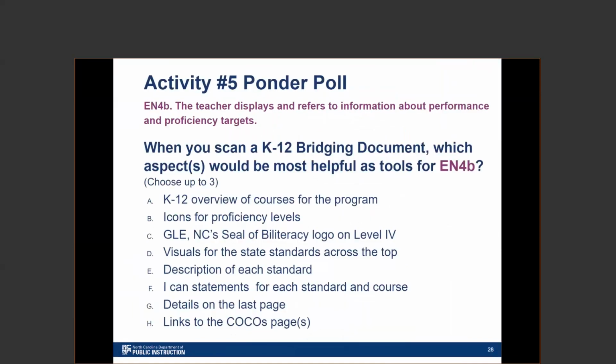So once again, I'm going to do a ponder poll. I'm going to ask you, when you scan a K12 bridging document, you can pick any one you want, which aspects are most helpful as tools for EN4B for the teacher displaying and referring to information about performance and proficiency targets? So you see all the things we looked at, that K12 overview of courses for the program on the